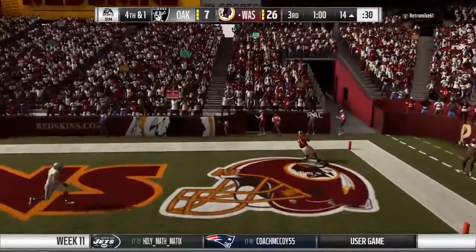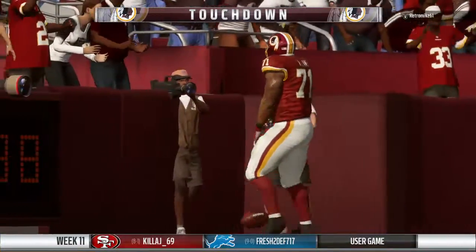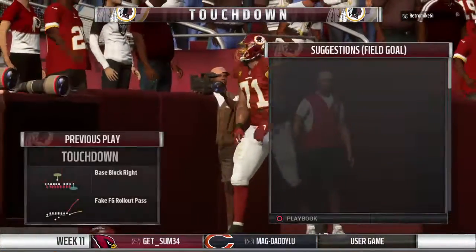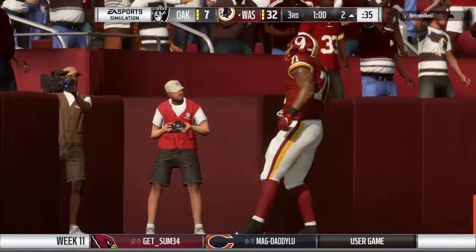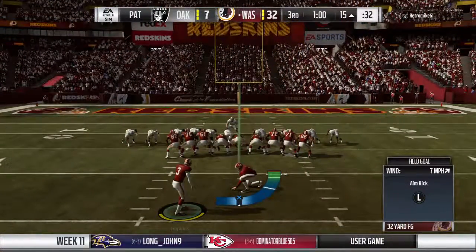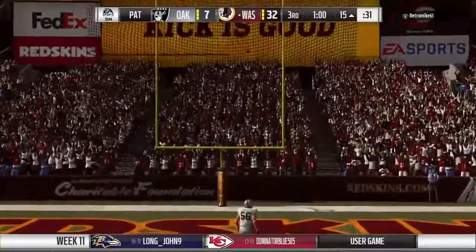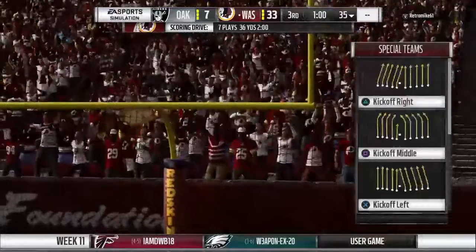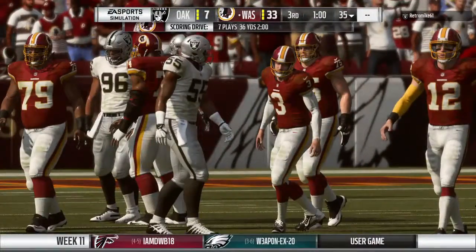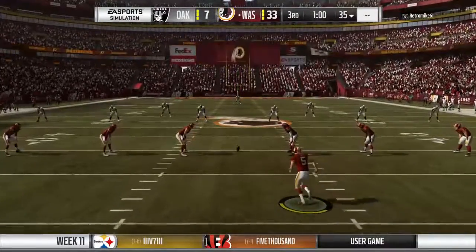And it's a fake. He's going to throw it. And how about this? It's complete. And this is taken in for a Redskins touchdown. In for the score. And the Redskins find a way to stretch their lead. Brandon, a lot of times coaches see these situations present themselves on film. But how often do they actually call it? We just saw it here. And what an end result. A huge touchdown off of...